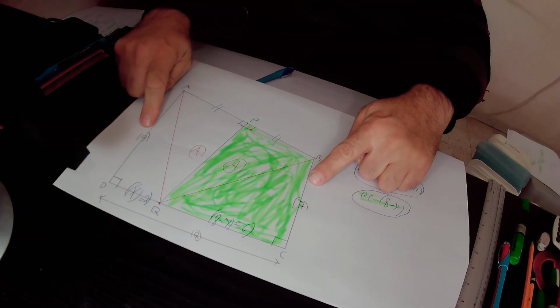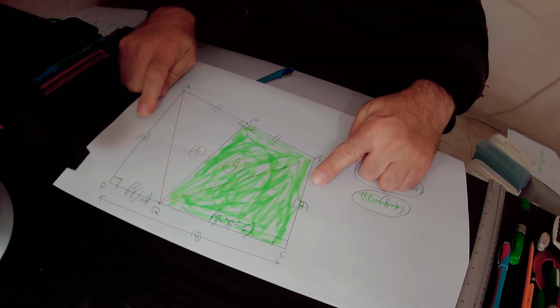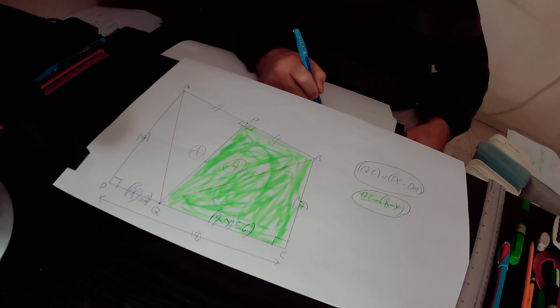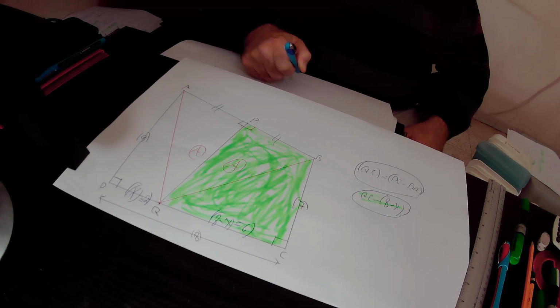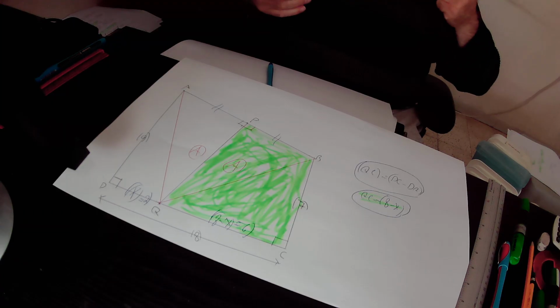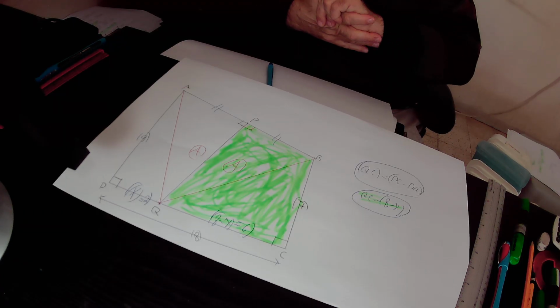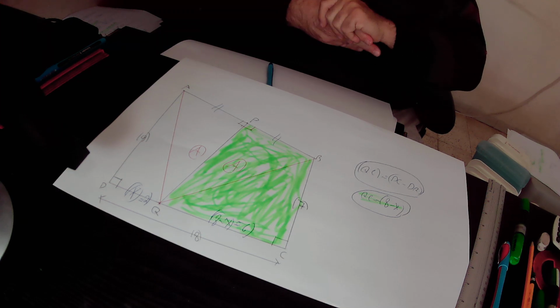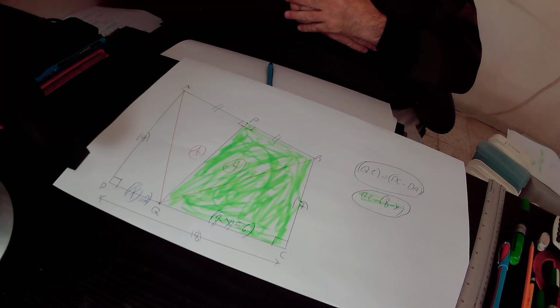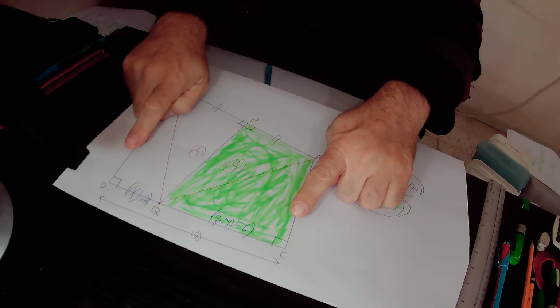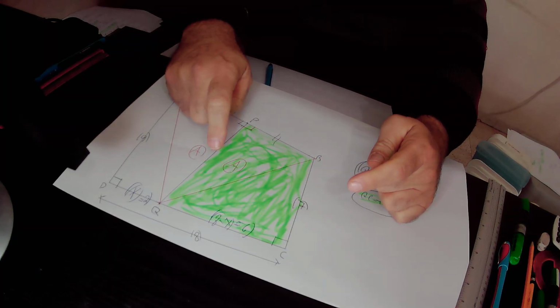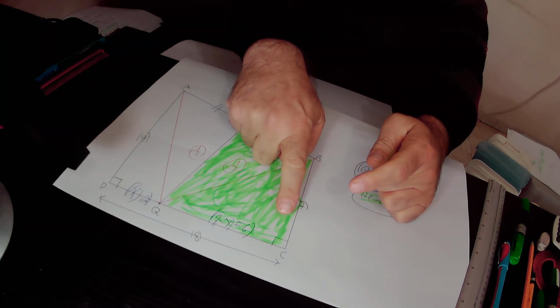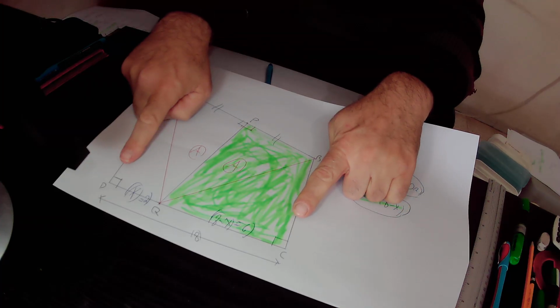That is to say, it is AD plus BC times the height. The height must make 90 degrees with the two parallel bases. CD definitely creates 90 degrees with the base AD, and also with the base BC. Therefore, the height is CD